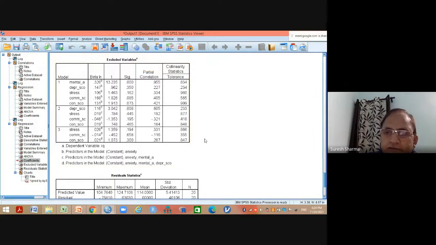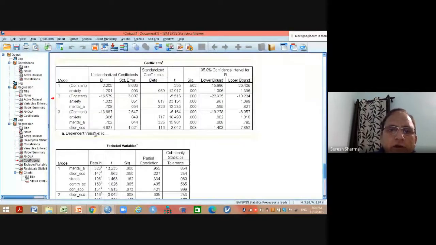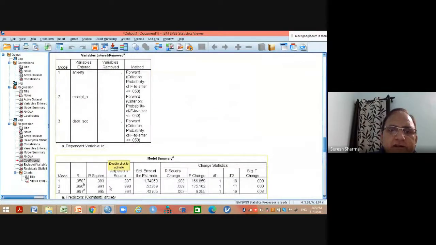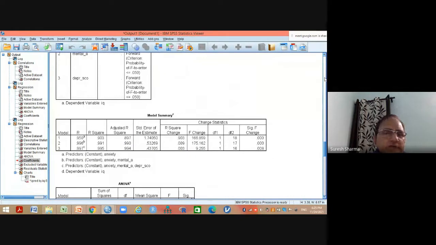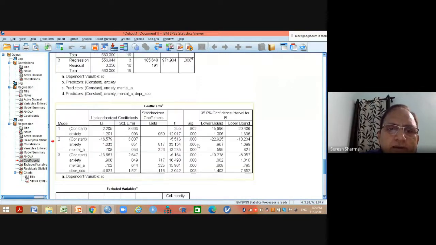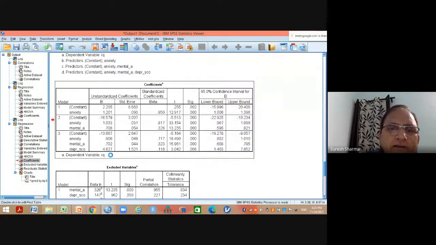Right? So this is called multiple regression, and you have to report the equation which I have written, and also the ANOVA table value and the value of R square and adjusted R square at the last step. Any question? Sir, can you please repeat the equation step? Equation I have already written, but I forgot to save that. But anyhow, I can do it again.